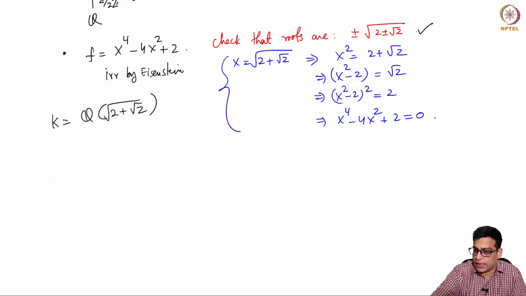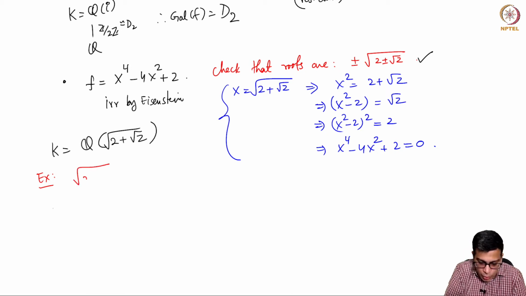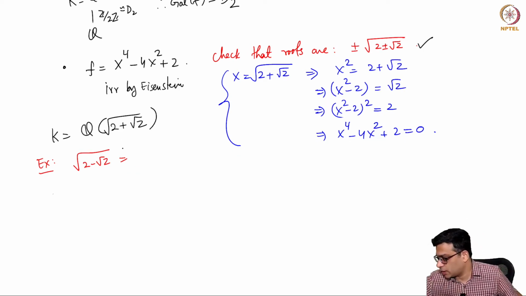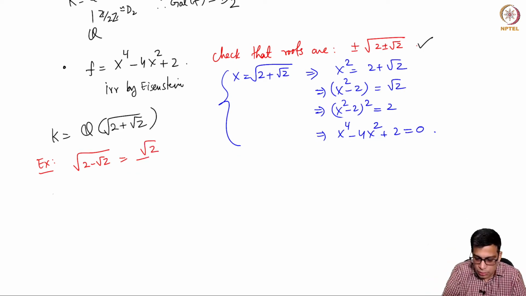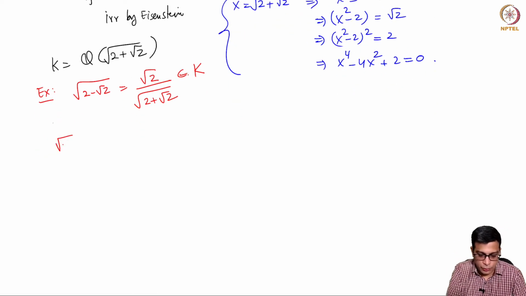okay. So this is an exercise again. Okay, so the 4 roots, negative of this is already there, but all you need to do is to show that square root of 2 minus root 2 can be expressed as a polynomial of this. And that I can, I'll tell you what it is and you can check this. Okay, so this is again in K, because once square root of 2 plus root 2 is there, right? So square root of 2 plus root 2 is in K.